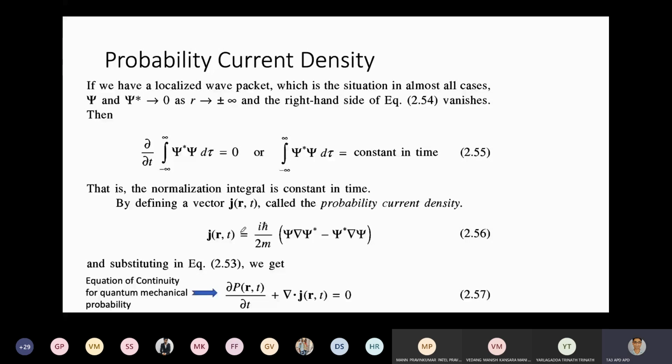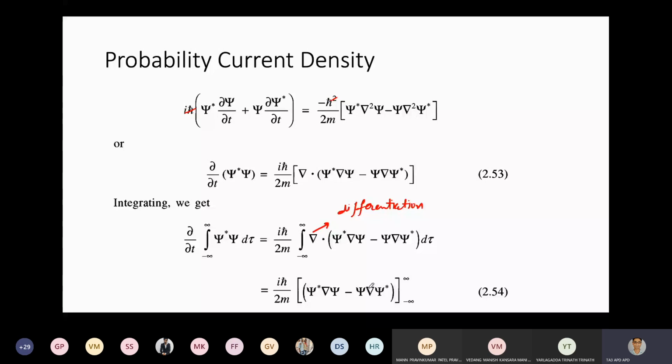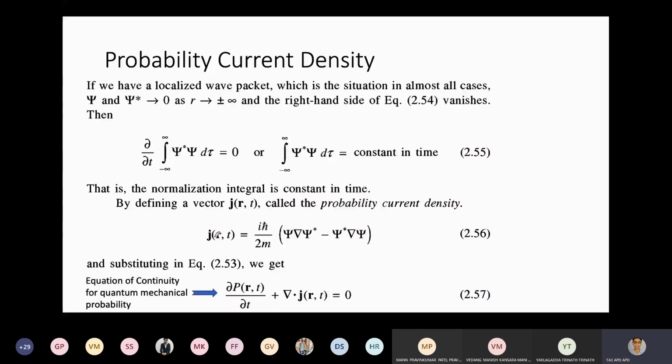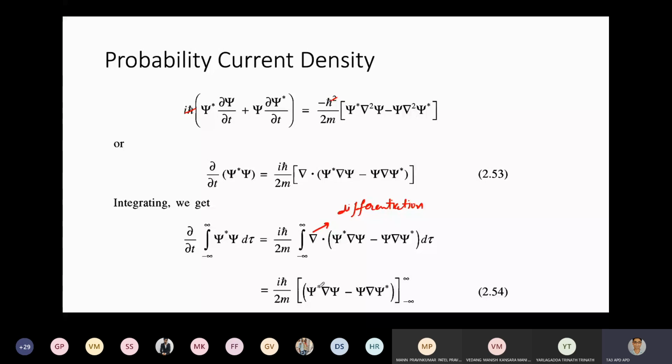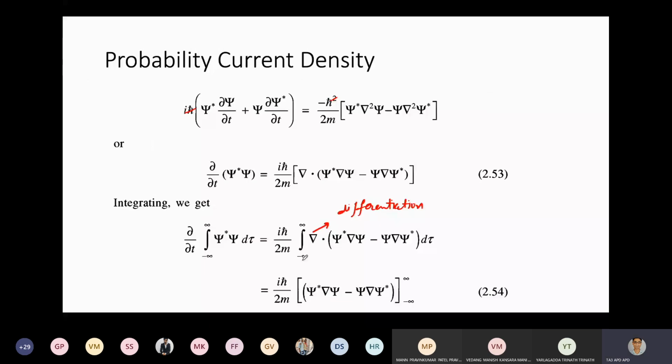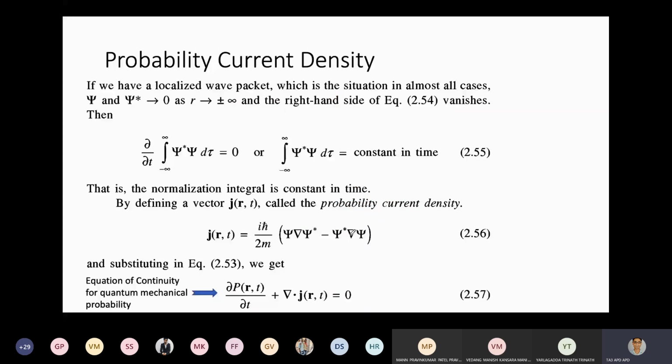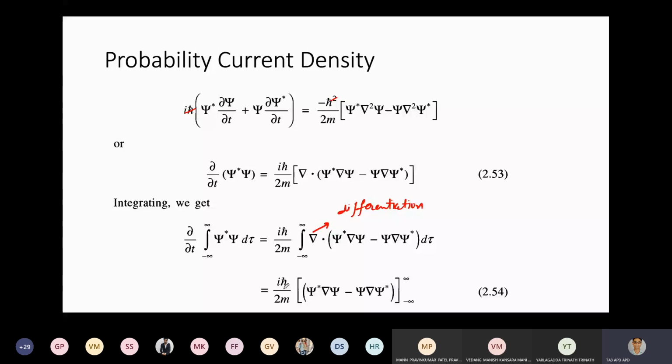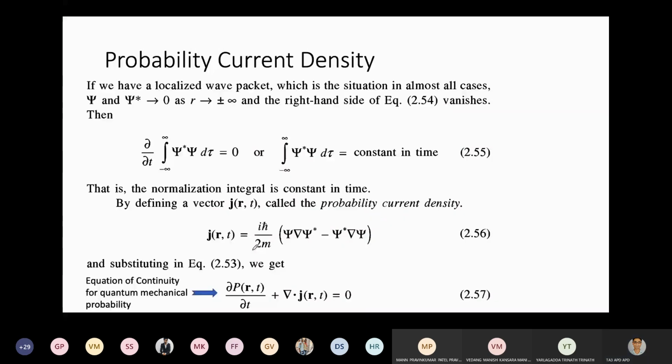Okay, so let us put this value over here. We will substitute this here. So what we are going to get, here it is actually reversed. See, this is psi star del psi minus psi del psi star, and what is the definition of J? It is opposite. This psi star del psi is minus here. So if we reverse this, this will be equal to minus J. And if we bring minus J to this side, it becomes plus J. So this term is nothing but your probability, this is the whole probability P.